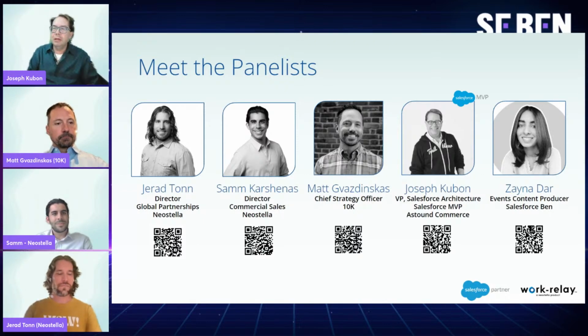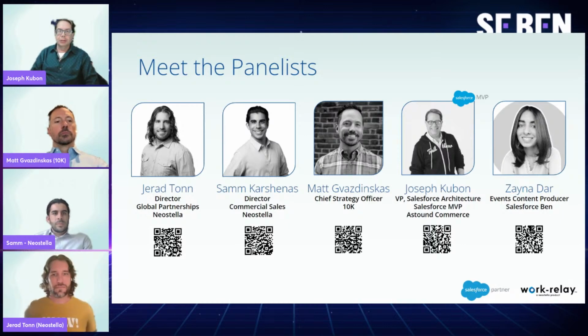Welcome everybody. Thank you for inviting me today to the conversation. My name is Joseph Kuban. I'm a Salesforce MVP and technical architect at Astound Commerce. I've been in the ecosystem now about 13 years, but I have a 20 plus year career in data and analytics and AI, having recently authored a book on ChatGPT, which was published this December, and other work with mastering data with unique identifiers at iHeartRadio. So I'm very interested in this space, and I hope I can bring practical